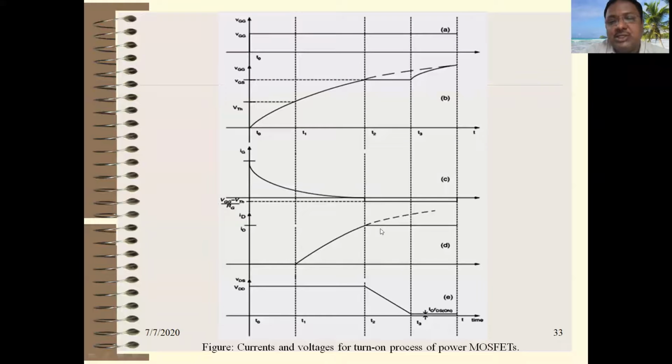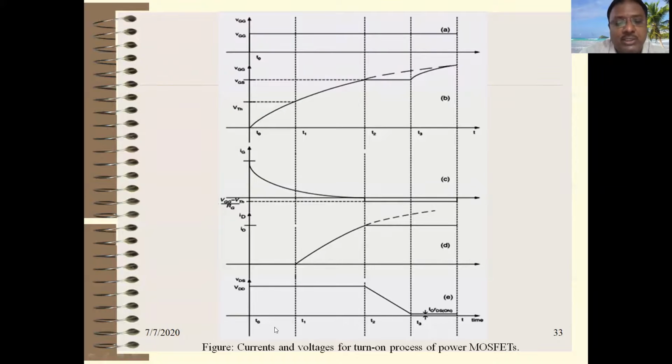This is basically called saturation. It means that your device is continuously on, right? So this device is continuously on here at T2. From T0 to T1, if you see in the VGS graph, your input capacitance charges. So this is basically the charging time of that capacitance, during which the current ID is equal to 0, right? After that, when VGS is greater than VT, current ID starts to increase, right? Whenever the current ID is max, then you can say your device is completely on.